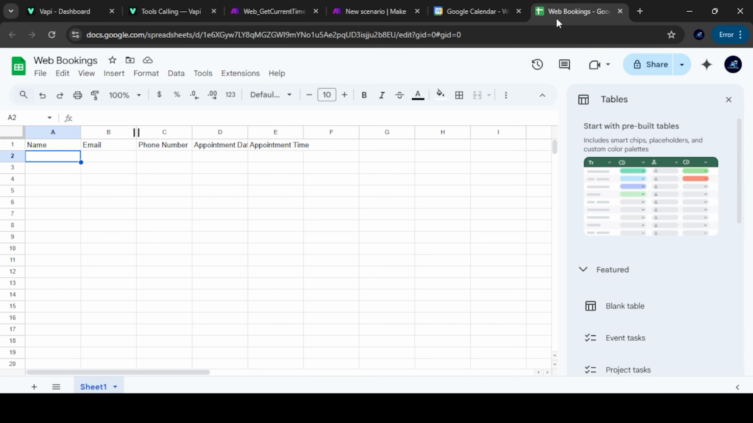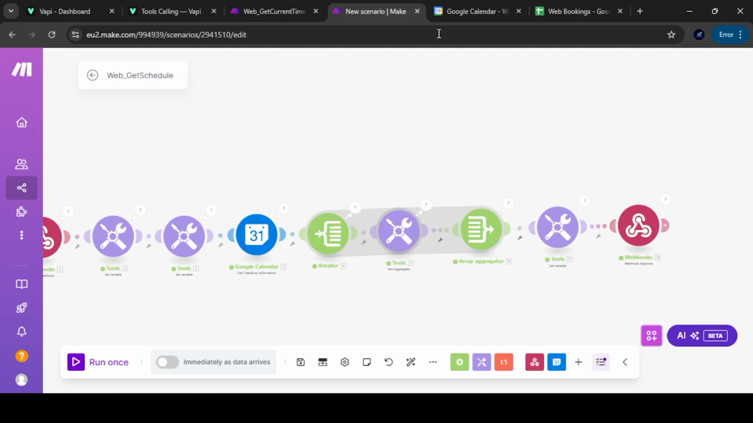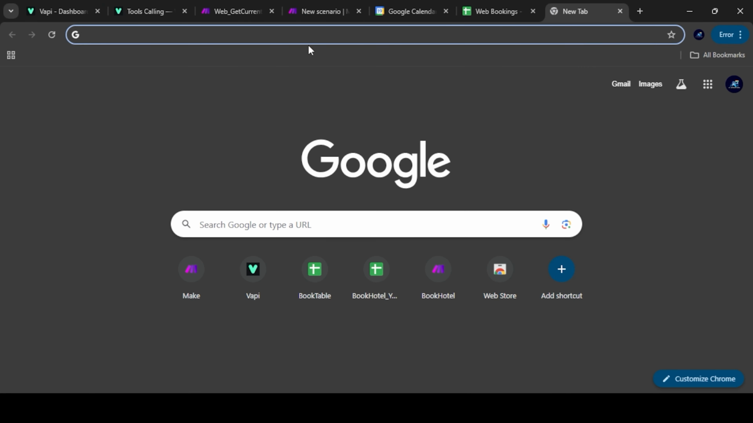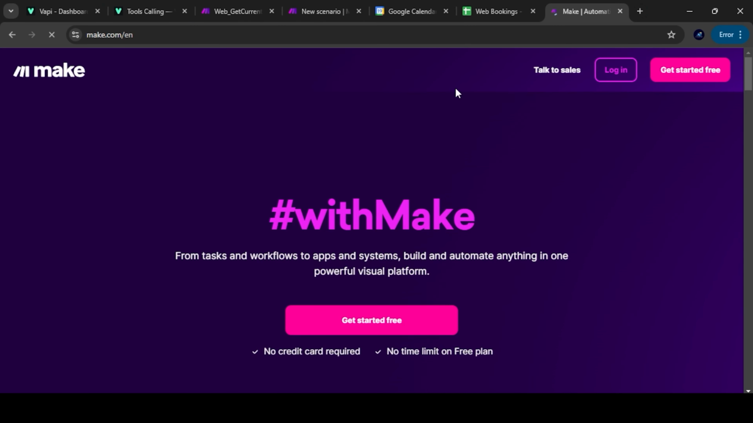Now the last part is, if the customer confirms the slot, we'll add it to the Google Sheet. I've already created a Google Sheet over here, named it web bookings, and these are the columns: name, email, phone number, appointment date, and the appointment time. We'll confirm each of the details again, and we'll add the details of the customer over here. So let's do that. For that, let's go to another tab